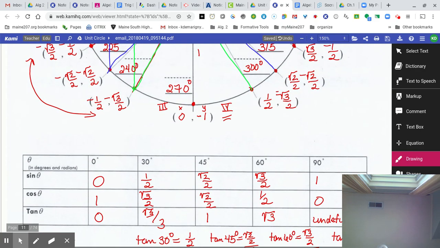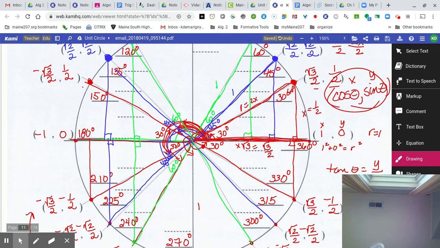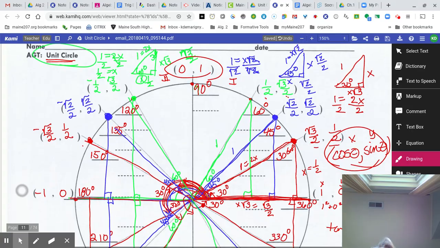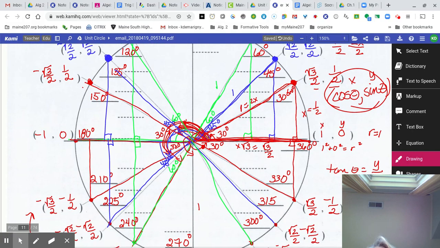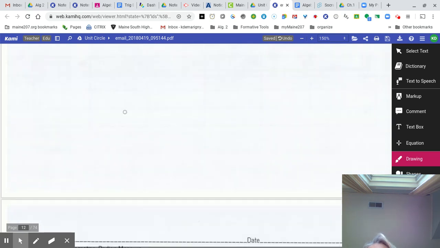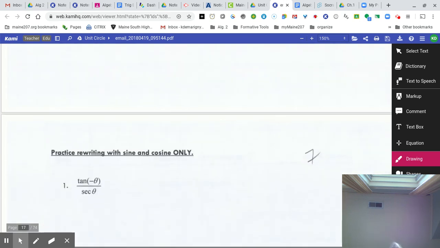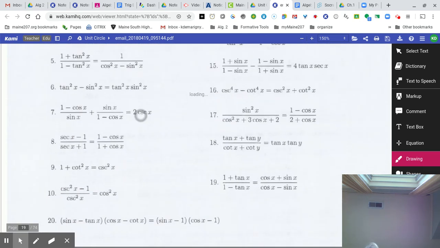Now, what we need to use this for is in your homework today, they're going to ask you, hey, what is the cosine of 30 degrees times the sine of another degree or whatever? And we're going to ask you to be able to use this unit circle chart to go back and answer any of those questions. Now, some of you were confused on what our homework was, so I'm going to scroll all the way down to your homework. It'll take me a second to get there